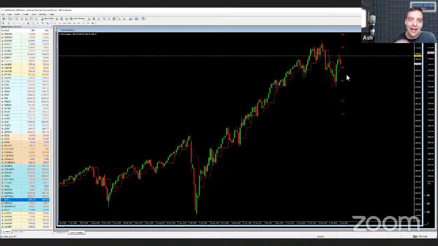Because the data is suggesting that that's what's going to happen. The data and the news and the rhetoric suggests that's what's going to happen. This is very different from what we've just seen with the yen. So if we think about the S&P and what we've got here, we've got